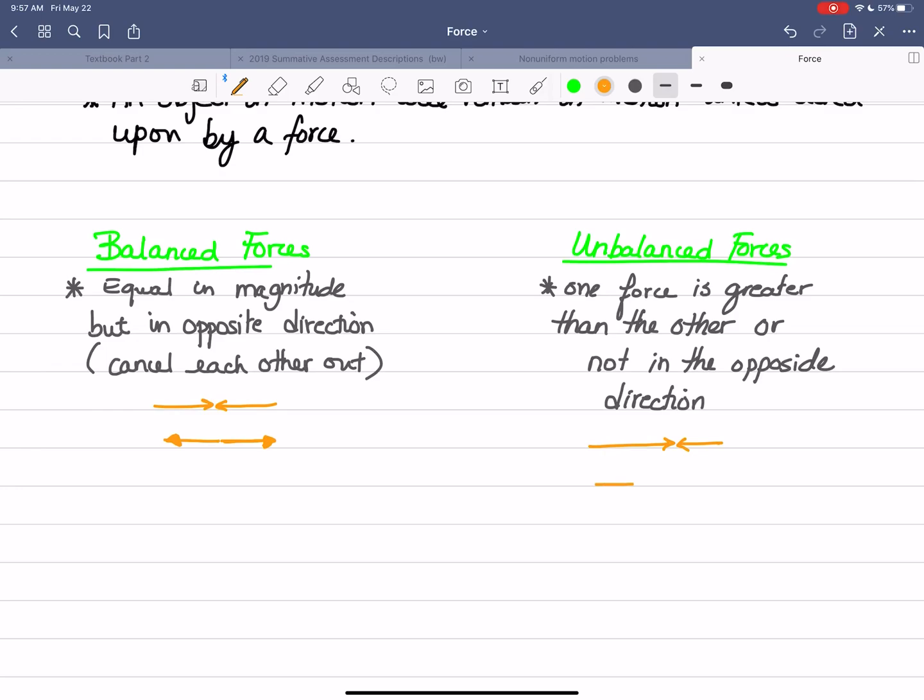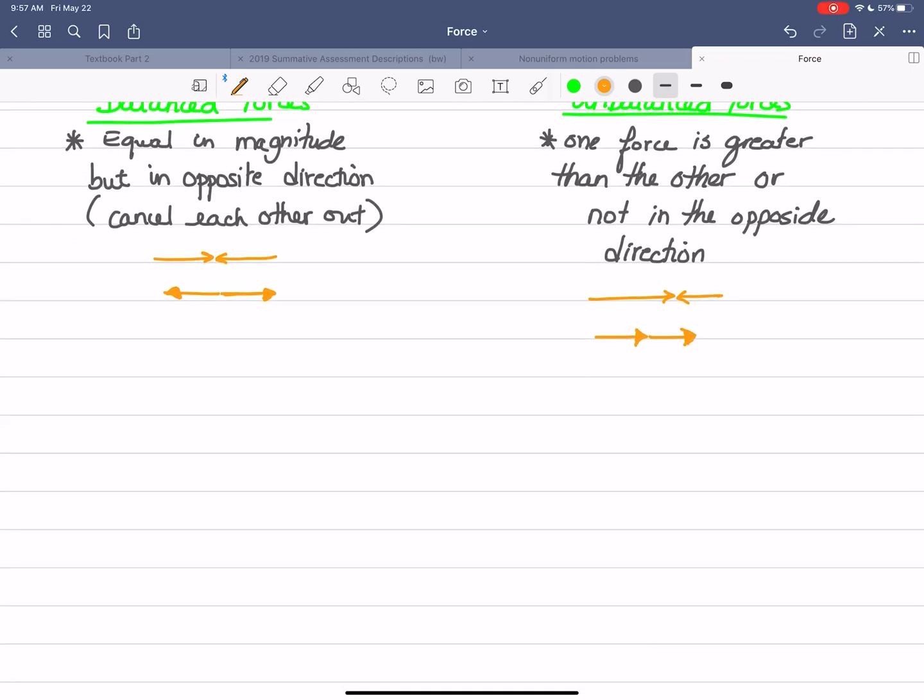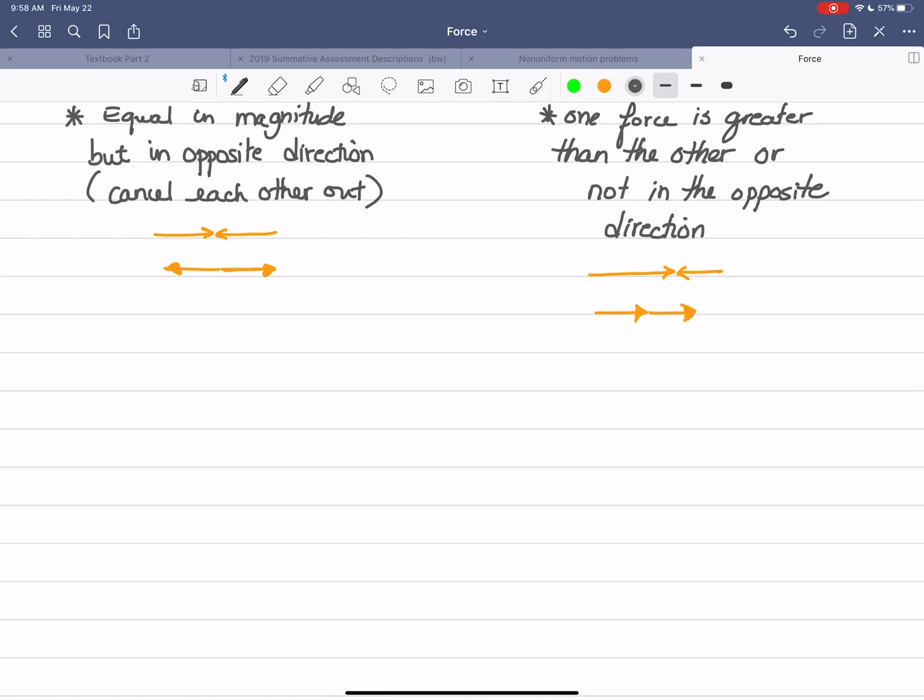Or you could have, they are the same magnitude, but they're moving in the same direction. And so that's an unbalanced force. Okay, so it necessarily doesn't have to be that they're different magnitude, as long as they're going in the same, oh sorry, I should say opposite here, not opposite direction. Okay, now